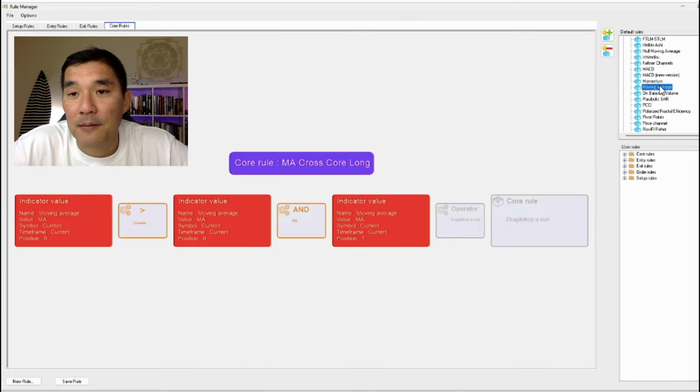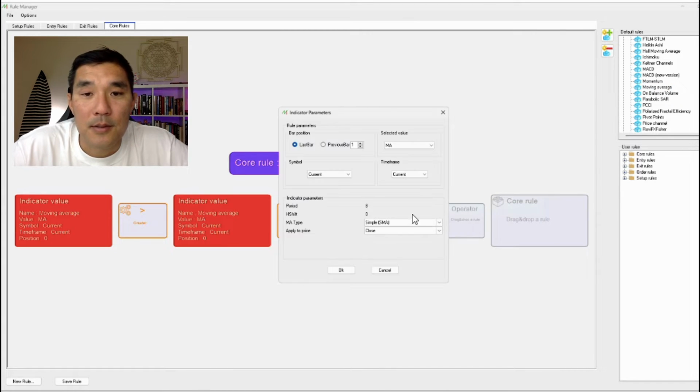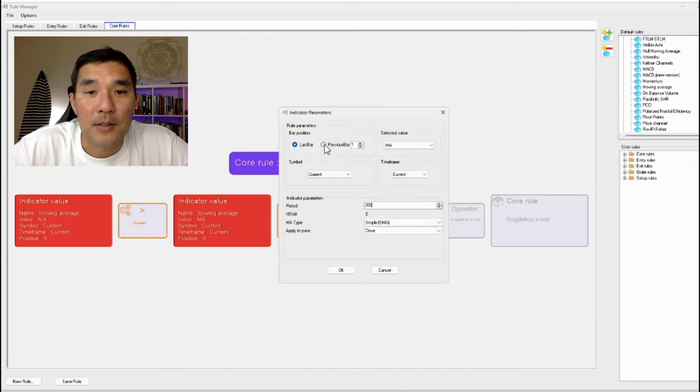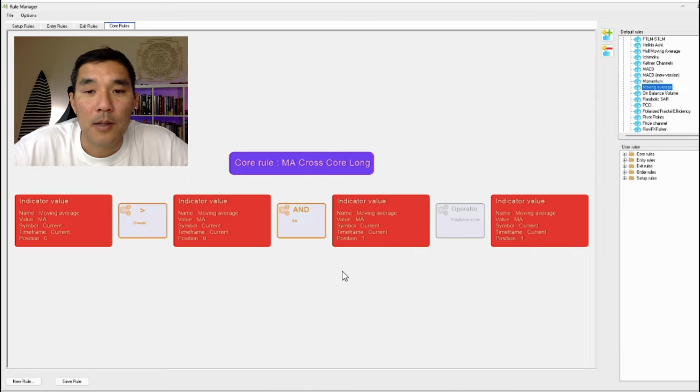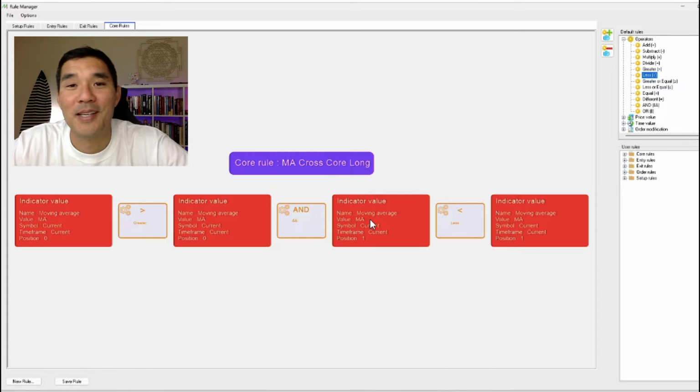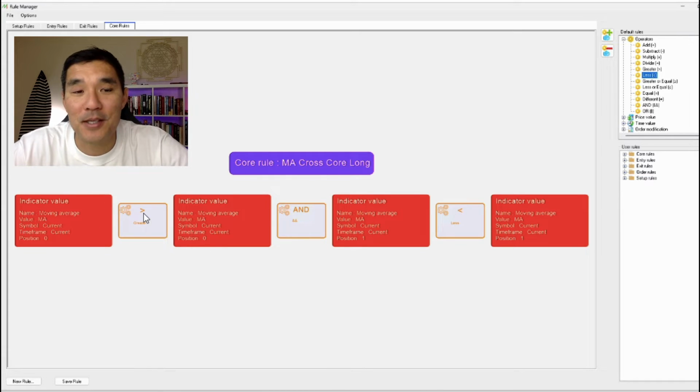I'm going to put the moving average in here again. So this is now going to be the 200, right? And I'm also looking at the previous bar. Okay, and I want that to be less than. So less than here. Okay, now that I look at this rule, the first set of criteria here is going